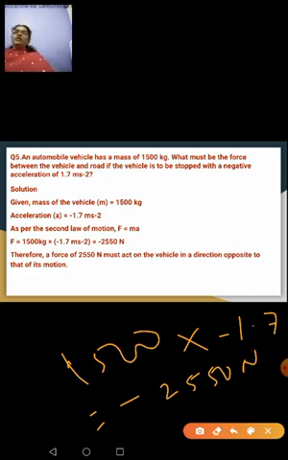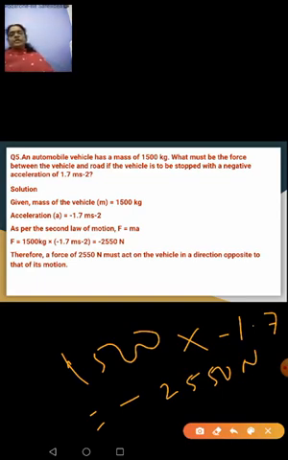Clear to you? Very simple. See, when you solve the sums, there is nothing to panic. You have to understand the data given there. What are the things given? What is the question asked? If you know that clearly, then things will fall in place. Here it is a clear-cut question. Mass is given, acceleration is given, force is asked. So only these two quantities, direct formula you have, F is equal to ma.